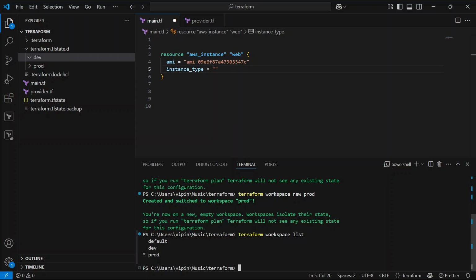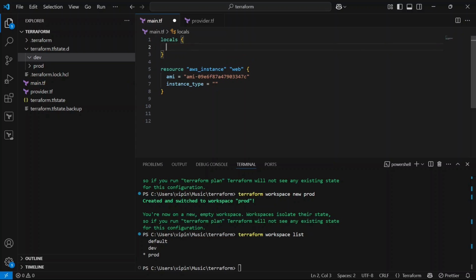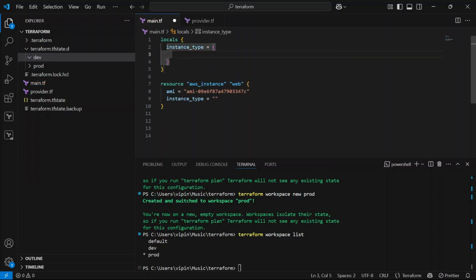So what we are going to do now is define the resources here, so that we can provision an EC2 instance according to the workspace. For that I am going to define a locals block here, with instance type equal to, and I am going with the default option as well.